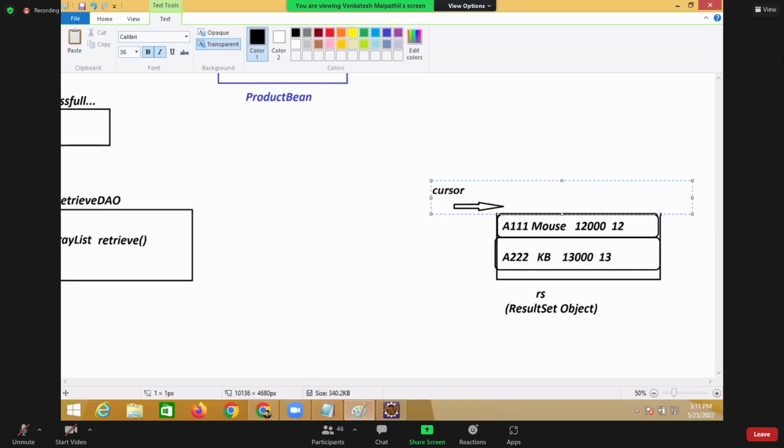The reason is that this reflection should come here. That imagination should come here. When the imagination comes here only, you can understand that the data is available in the result set. Now here, what happened is,